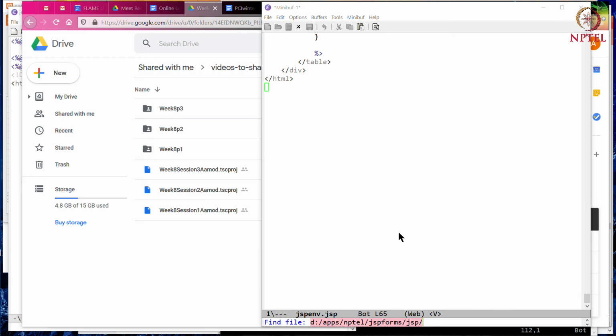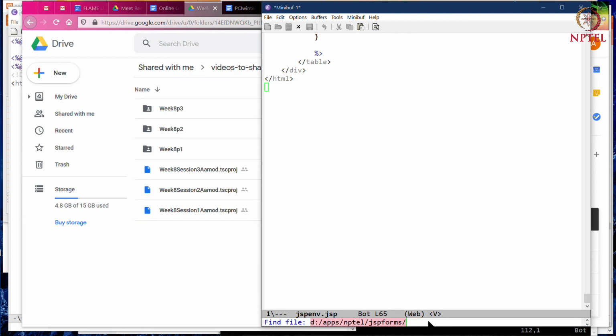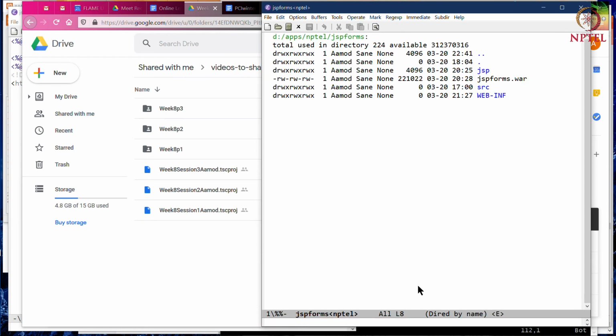I forgot to note one important difference between the JSP versus the JSTL, and it is this.